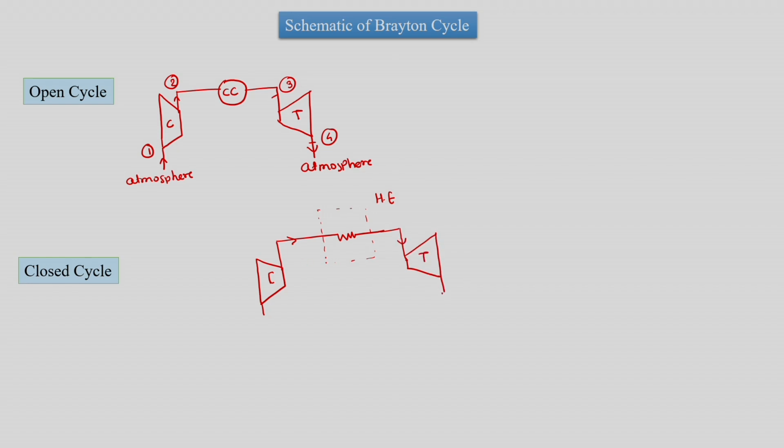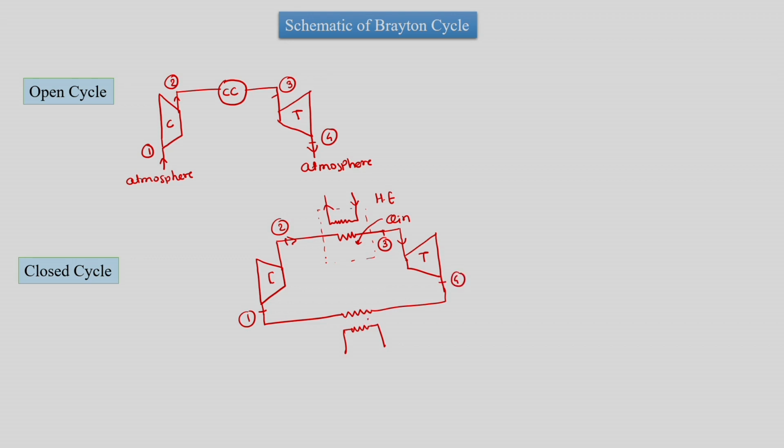And then from the turbine it will go again to a heat exchanger, which is called a precooler. But these two heat exchangers will have other fluids which will pass the heat or take the heat. In the heat exchanger plotted over here, we are interested in getting heat into our system, and that's why a hot gas will be passed in the heat exchanger, such that the gas will give heat to the air at constant pressure, process 2 to 3.